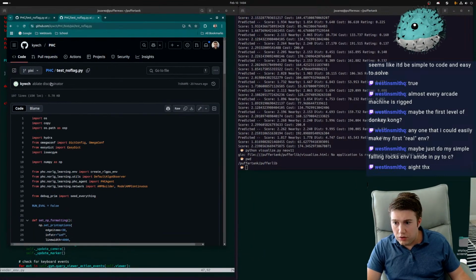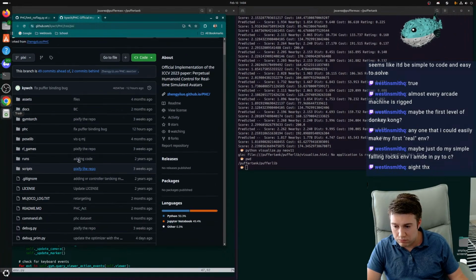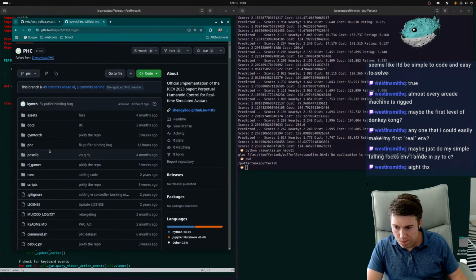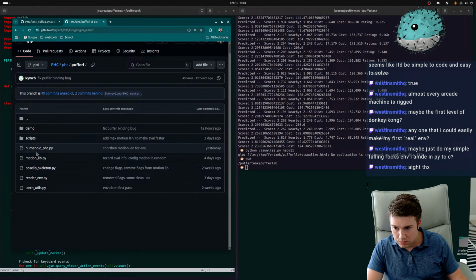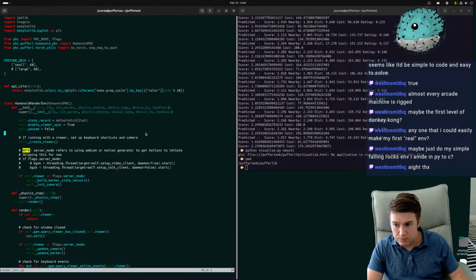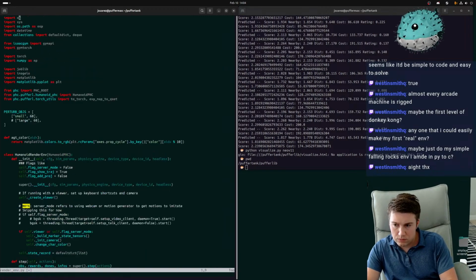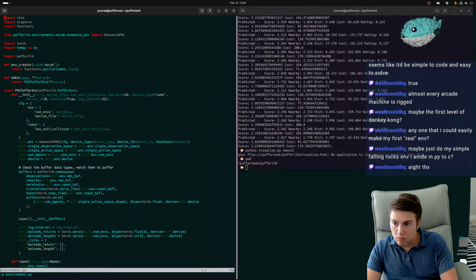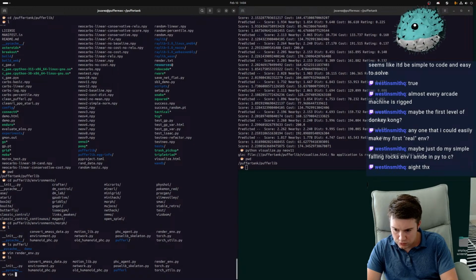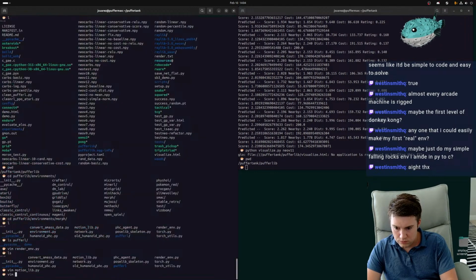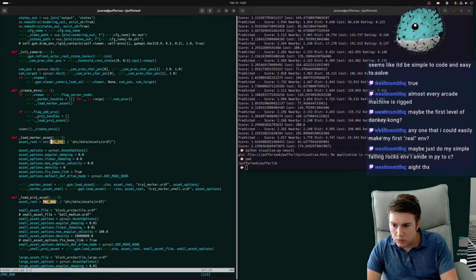I'm going to try to get this Isaac Gym simulator to render correctly and to behave. Data assets URDF. So this is just going to be